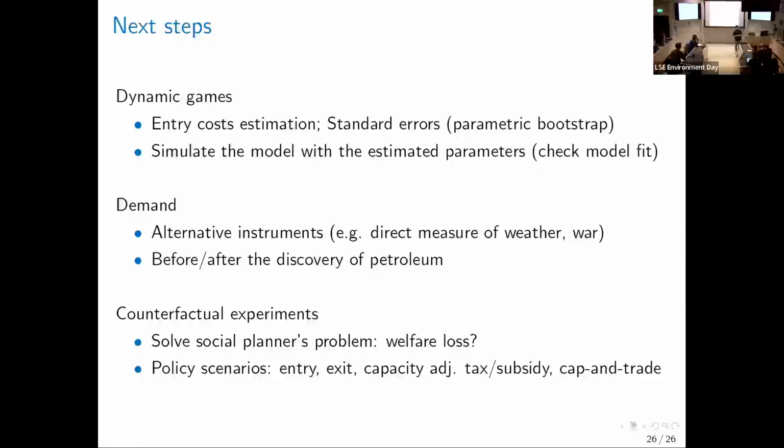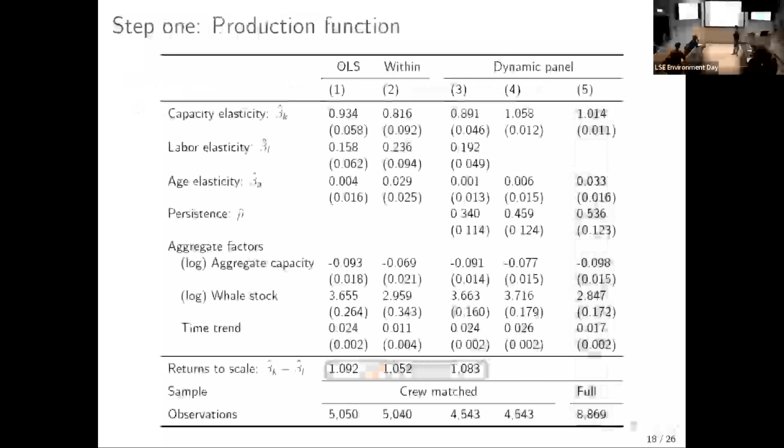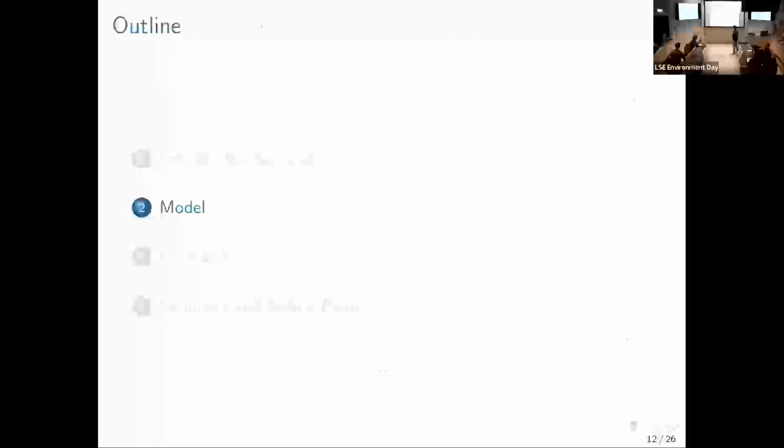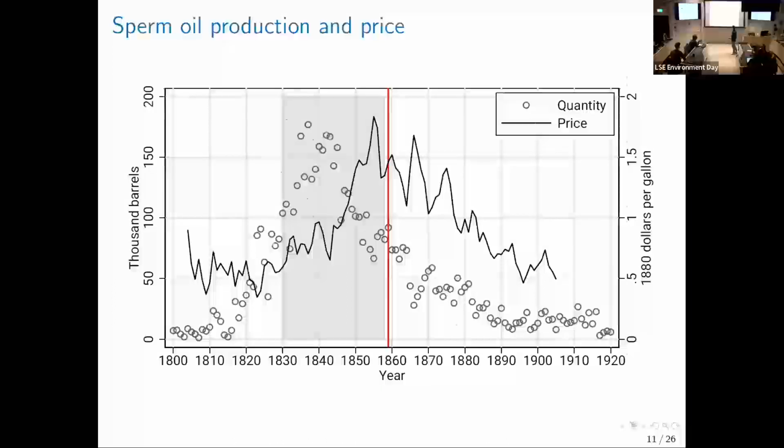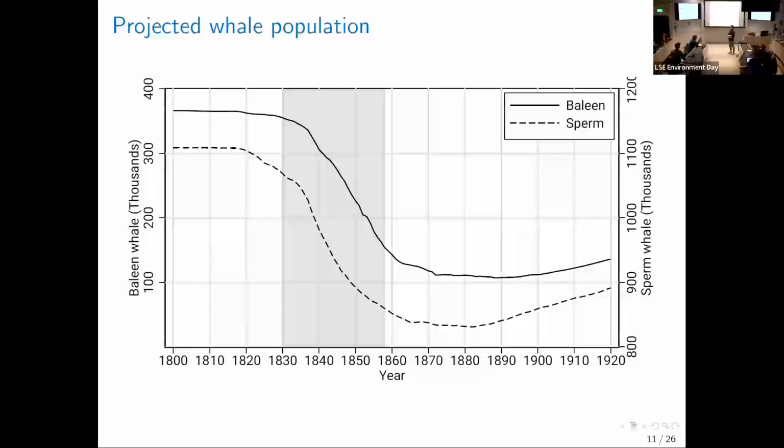We have time for any final questions? So I guess one thing I've been thinking about is, can you separate the effect of the arrival of the substitute from the effect of the resource decline, because it looks like the whale stock was already declining when petroleum was discovered. In a lot of situations like this, you're either coming out of that industry because you lack a resource to extract, or because something else has come along that substitutes. It's difficult to see when you present it how you separate out those two effects.